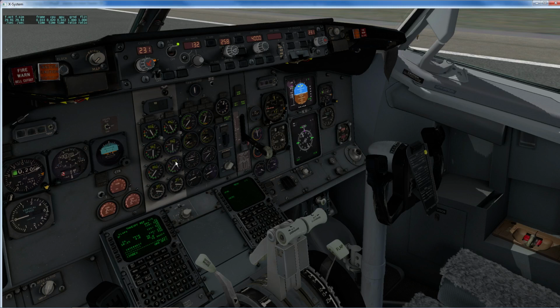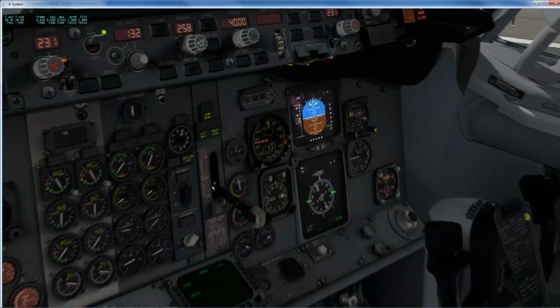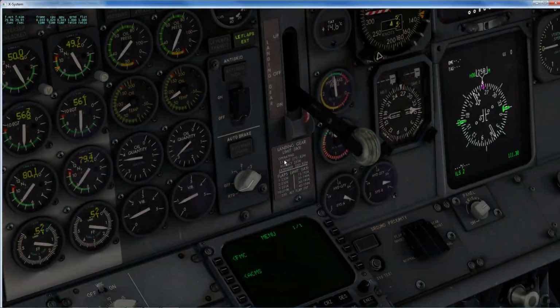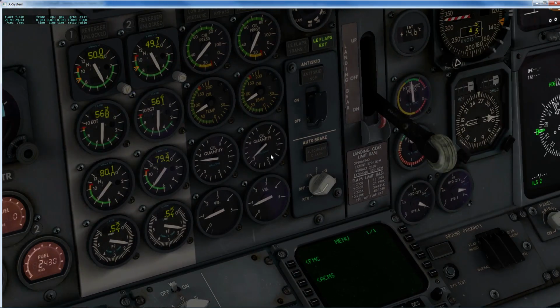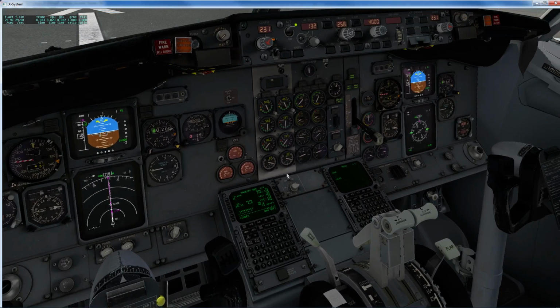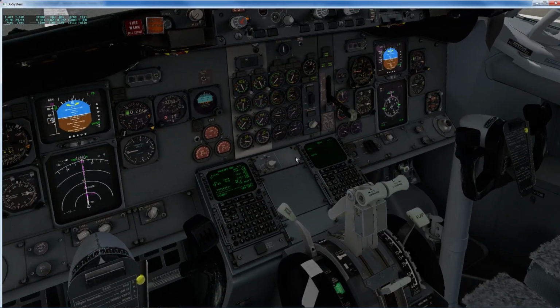If anything was off, it would become immediately apparent because the needles wouldn't match. And the one thing that's standing out here, look, is oil quantity. We've got reduced oil quantity in the right engine compared to the left engine. For our purposes today, that's largely academic. What we'll do actually, very bad practice, we're going to just pop that onto the legs page so we can